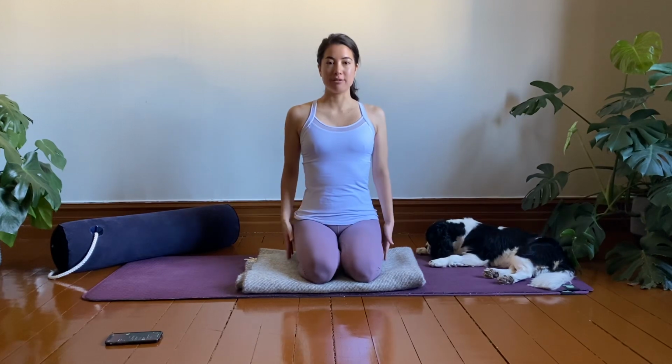So come to your comfortable seat, whether that is in hero's position or easy cross-legged seated on your mat. And then begin to sit your hip bones down, really grounding your lower part of the body down into the ground. And then lengthening from the base of the spine all the way up to the crown of your head. And feel this length along the spine as you lift your sternum up and keep the chin parallel to the ground. Begin to close down your eyes,